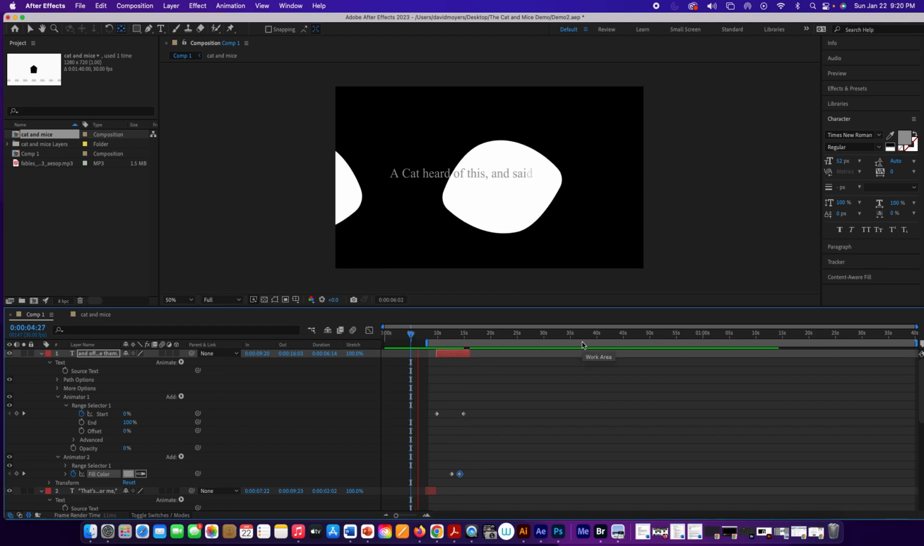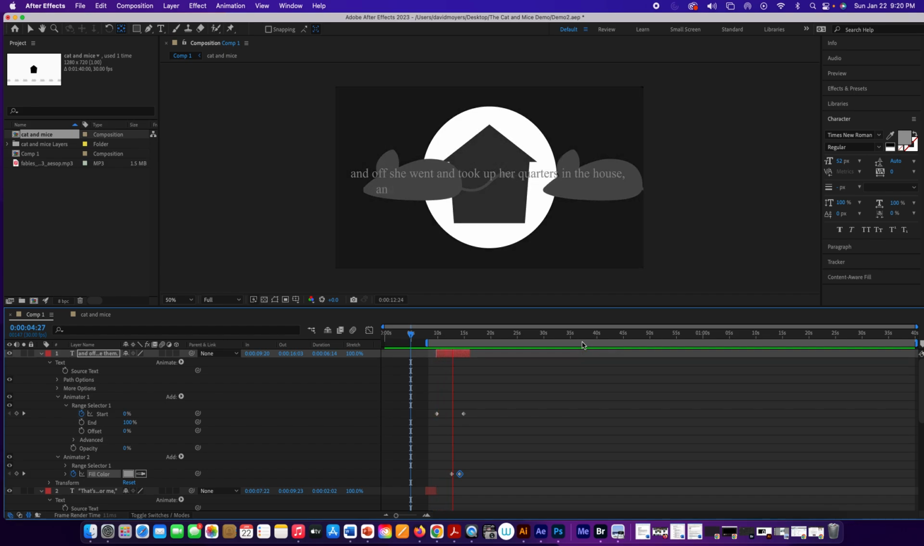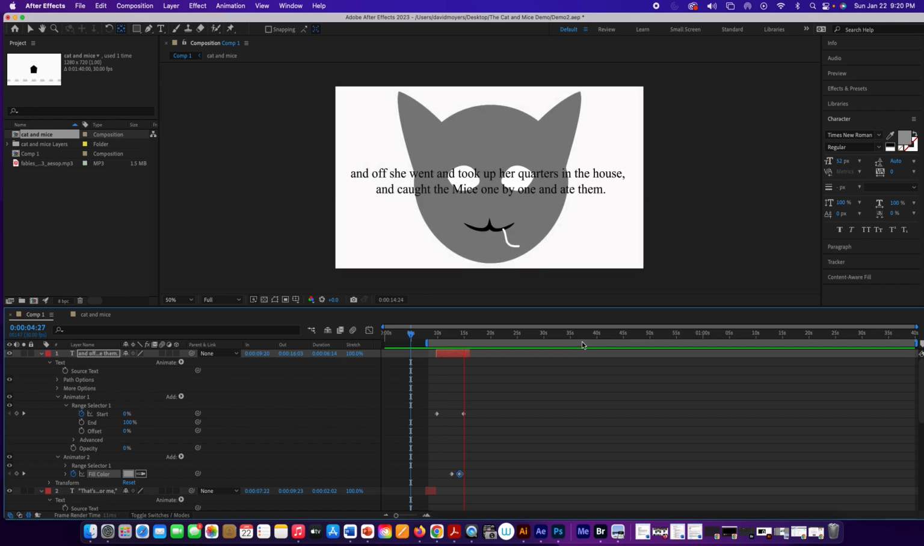Cat heard of this and said to herself, "That's the place for me." And off she went and took up her quarters in the house and caught the mice one by one and ate them. Okay. So the cat head appears so quickly there,